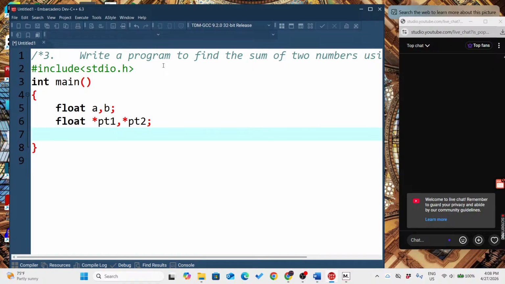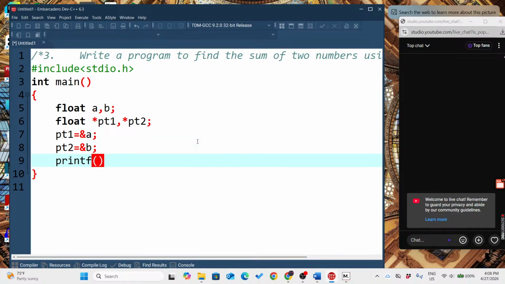Okay, now what we need there, we have to store the addresses of a and b. So let's go for it. pt1 equals &a, then pt2 equals &b. After that we have to go for input: printf, enter two numbers,